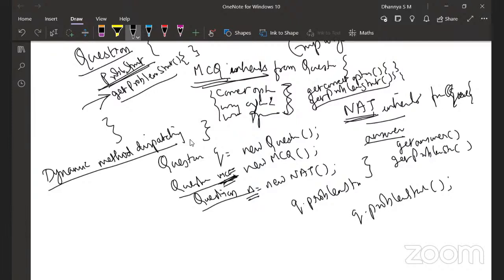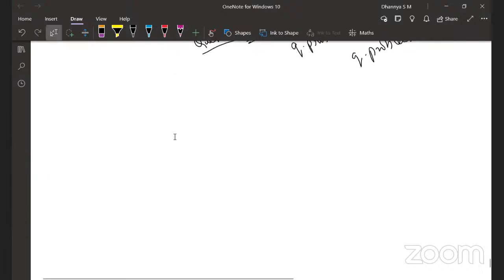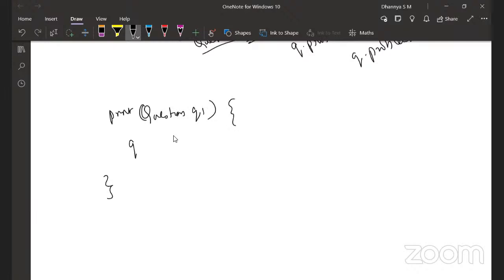Now, this is required. Say, for instance, you have a function, say print something. Now I'm saying Question Q1, Q1 dot problem statement, get problem statement.